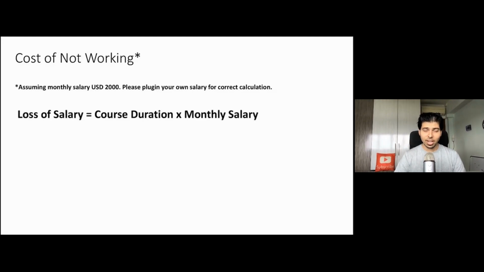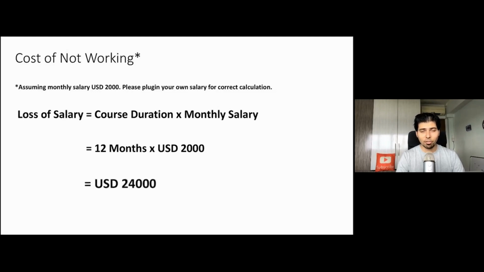So the loss of salary for this program would be the course duration multiplied by your monthly salary. Course duration is 12 months and monthly salary is 2,000 US dollars. So the final figure that comes out to be is 24,000 US dollars. So this is the amount of money that you will not be earning because you will be attending this course